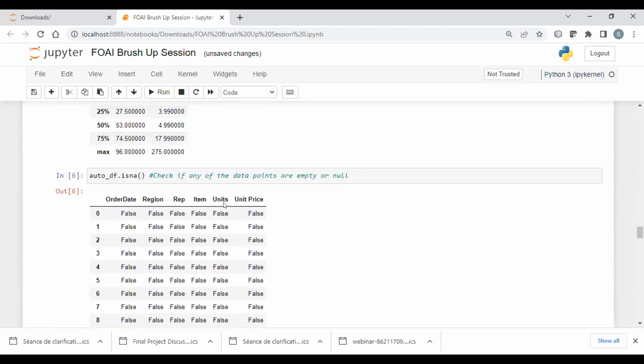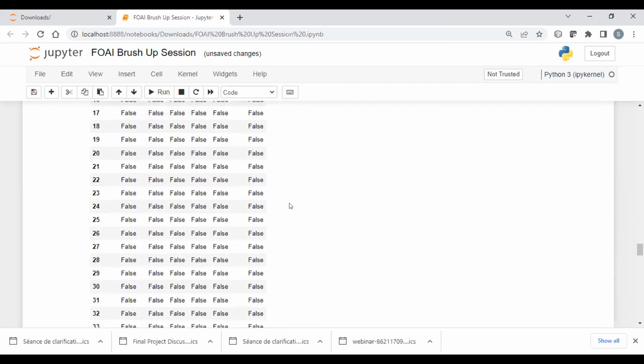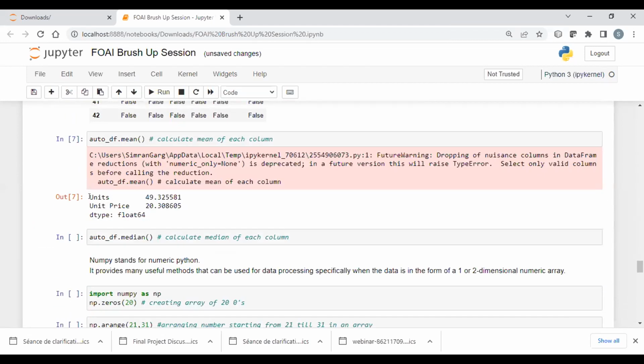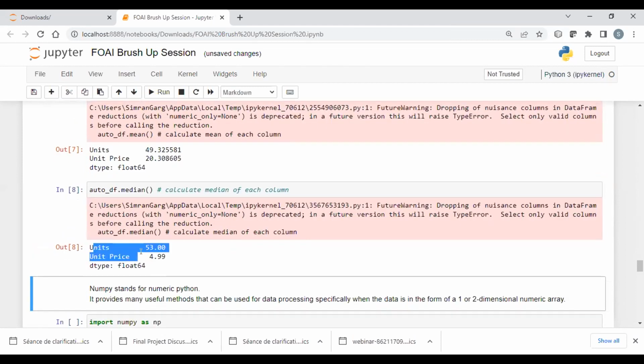So you can see, looking at this data frame, it has a date type, it has a character type. Only units and unit price were in the form of int or float. So that's why when we calculated mean, we only got results for these two columns and not the other columns. Similarly, median is also calculated for these two columns only.